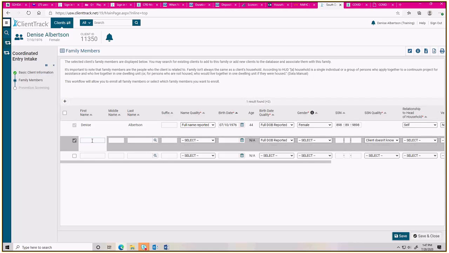And so I'm going to add a child, and maybe the child is not living with me right now in my car, but I want to add them because they are part of my household. And then I'll show you when we move on that we can make them part of the household, but maybe not part of this current enrollment right now. So we'll say,